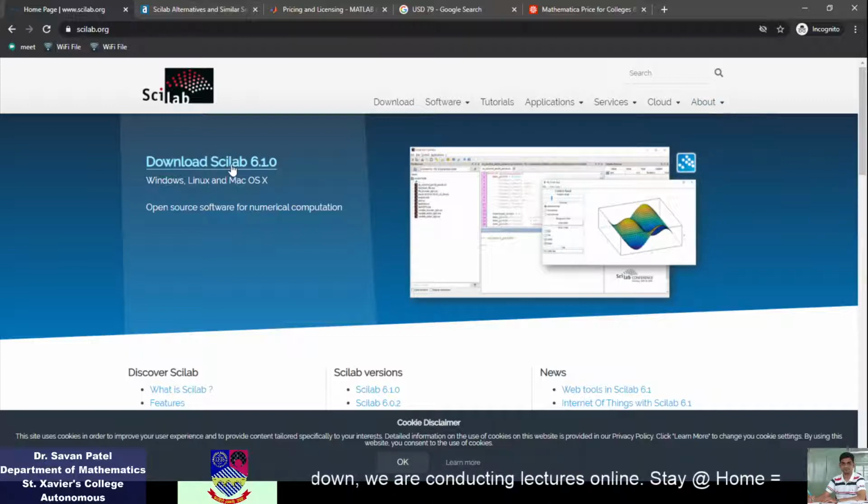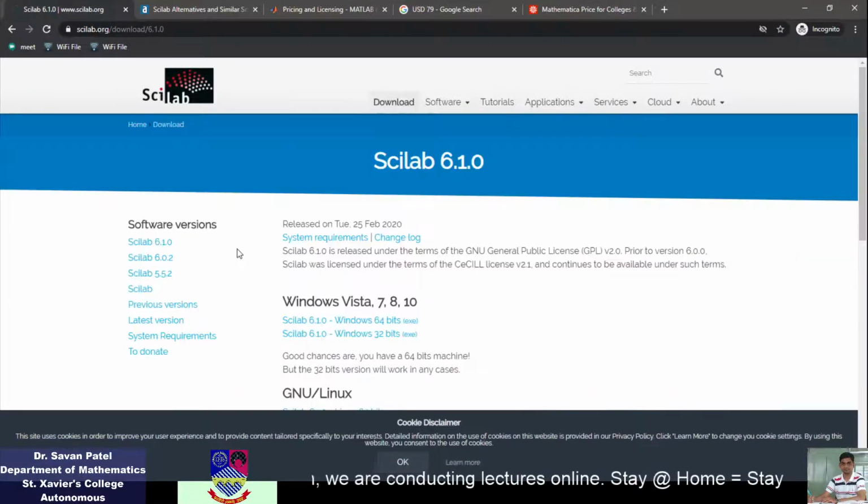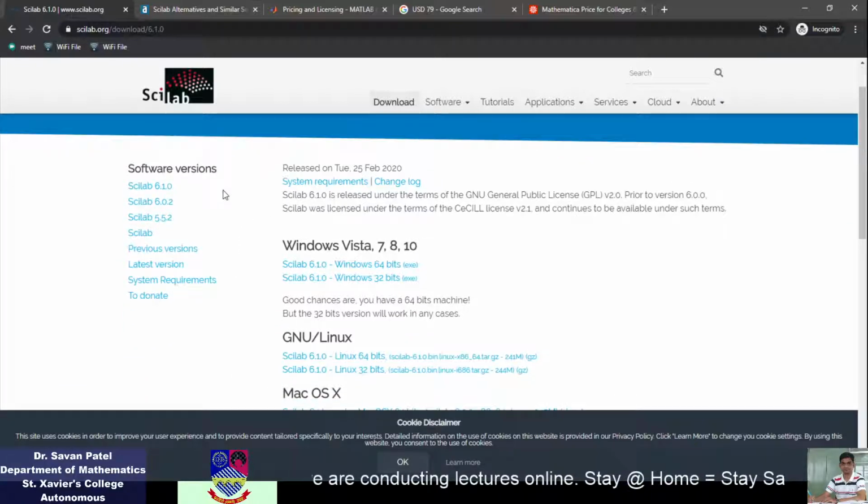But right now I am going for the download section, that is, download Scilab 6.1.0. If I select that, it gives me several options. I can go for version 6.1.0, 6.0.2, 5.5.2, and previous older Scilab versions. But we will go for the latest one, 6.1.0.